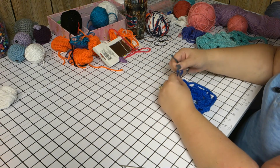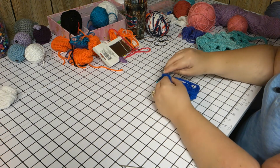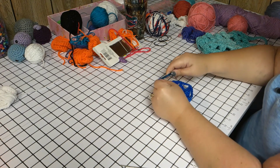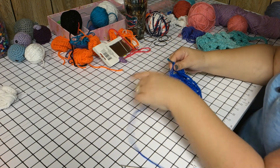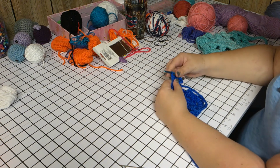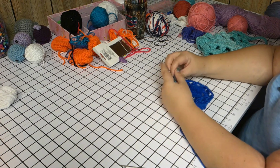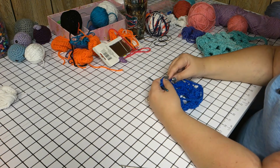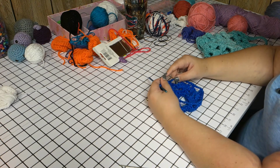Now let's do it one more time. Yarn over, insert our hook into the chain 5 space, pull up the loop, 3 on the hook, yarn over, pull through 2, yarn over, pull through 2. And that's basically how it's done. You're going to go shell, chain, shell on each of your chain 5 spaces. When you get back around, you're going to connect with a slip stitch to the top of your chain 3 space,